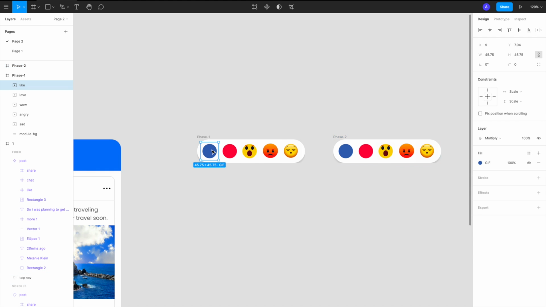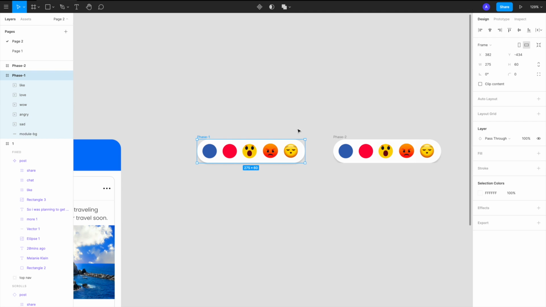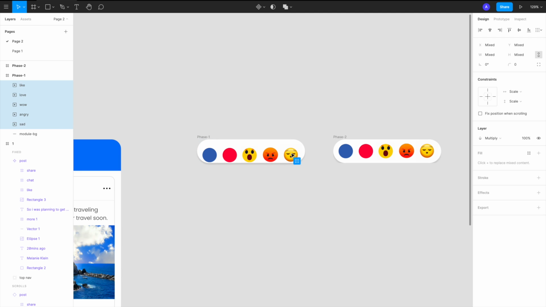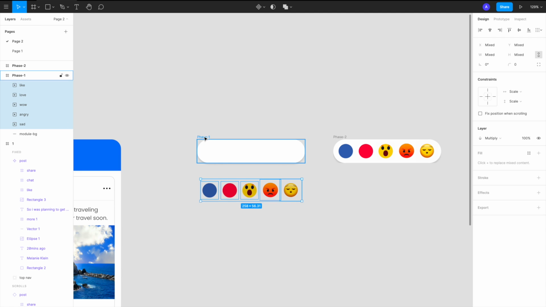We need to move these elements down so that when we transition from this to this, it looks like we are moving in. All of these are moving in at a different scale and time. So we'll move them down so that when we move from this stage to this stage, it looks like they are coming in, appearing in this background.